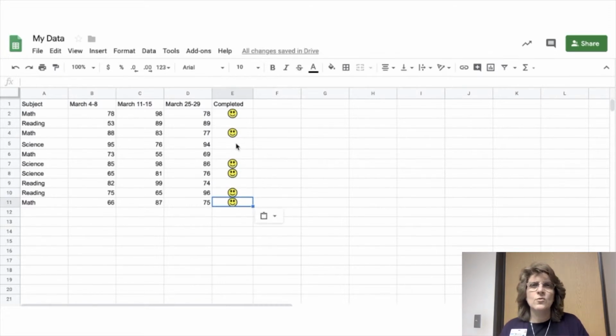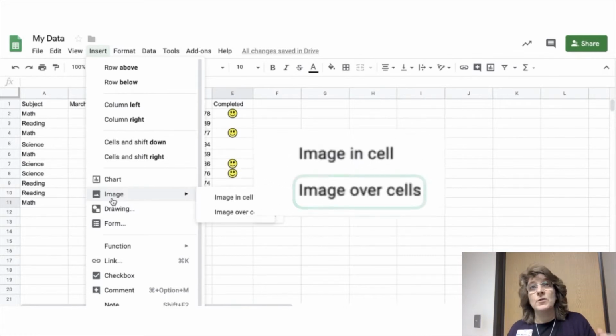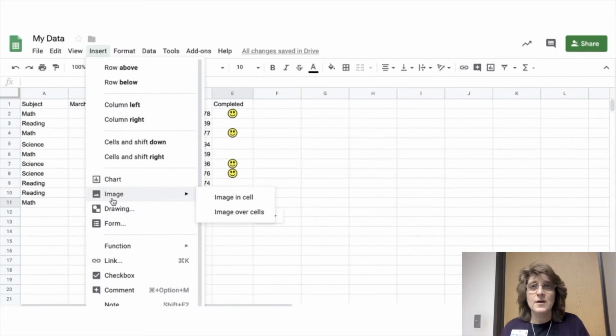But what if I don't want an image in the cell? I want it over the cells. So I'm going to do the same thing. I'm going to go over here to Insert, right? I'm going to go down to Image, and this one, Image over cells, okay? And when I click Image over cells, what's going to happen is